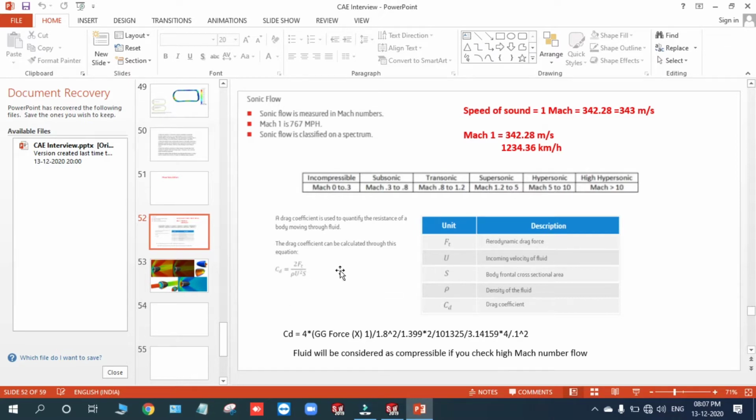This is the drag formula, the coefficient of drag. The formula is 2 times drag divided by rho times v squared times s, where rho is the density, v is the velocity, and s is the surface area. This is the formula which we need to input into the software so that we can calculate the same. Please note it down. I'll show you how to deal with this also.